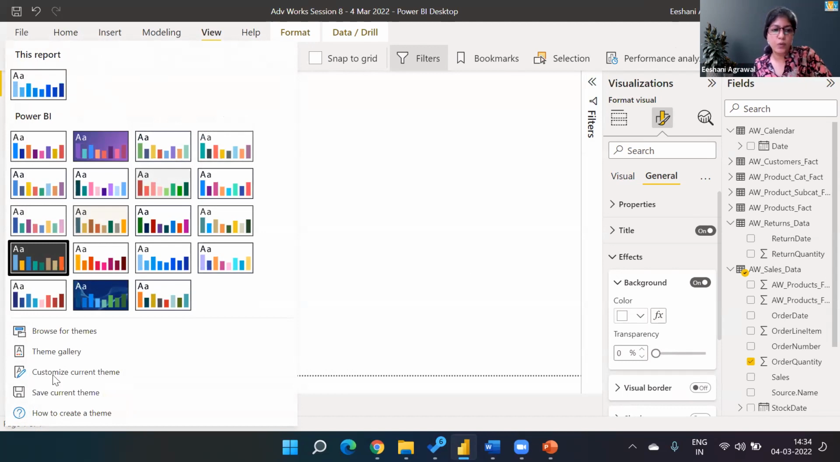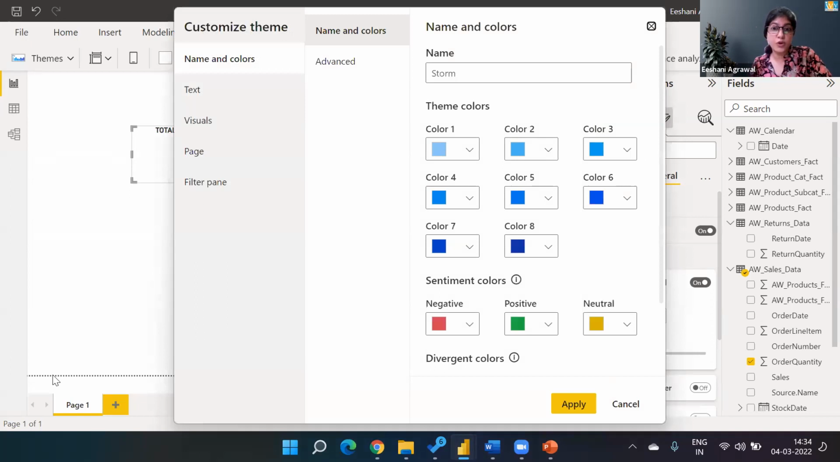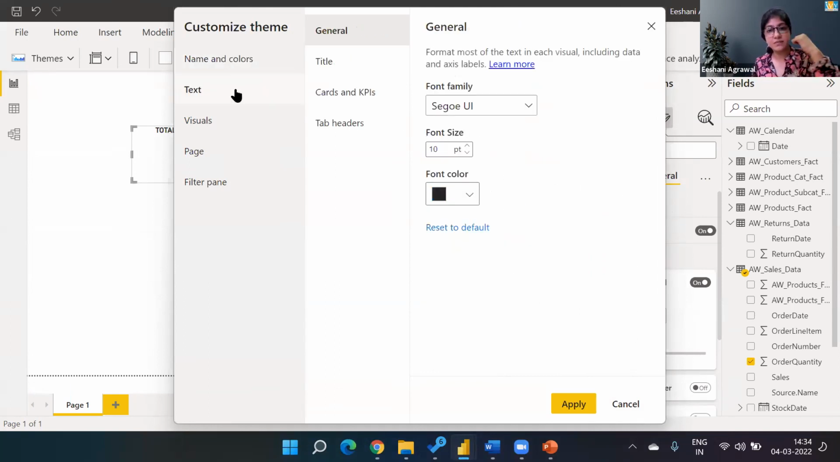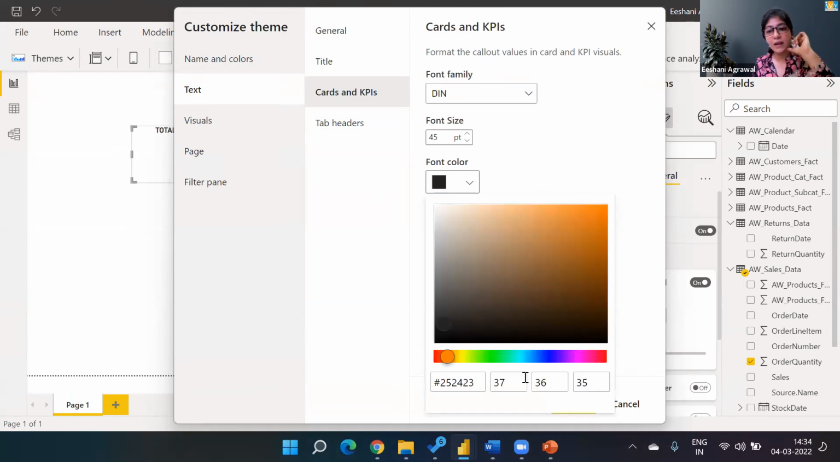What if I want to customize it? I can go to customize current theme, and that is going to talk about everything. Theme color, this is the first color, second color, third color. If you're talking about sentiments, negative is bad, then this is a color. Positive is good, this is a color. This is a neutral color. Then what about text? All the text in terms of the titles, the categories, the cards, the KPI, what will be the color? So if I say, okay, let the color be